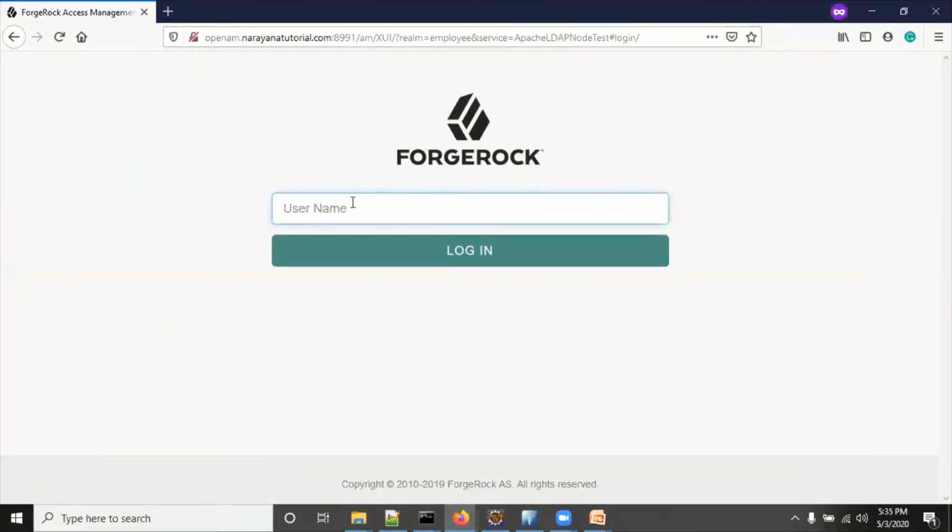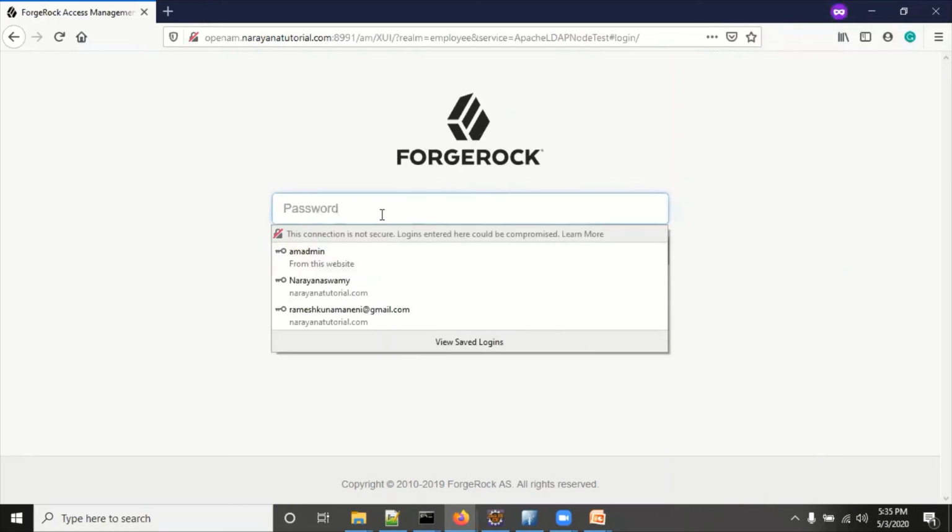Now it is asking for the username, so you can enter the username of the user, Narayanaswamy.ragi, and enter the password.